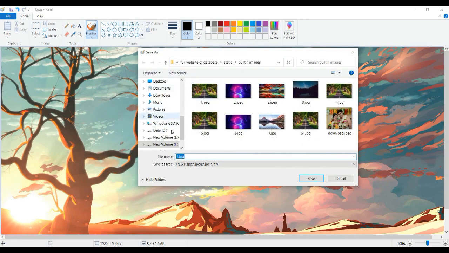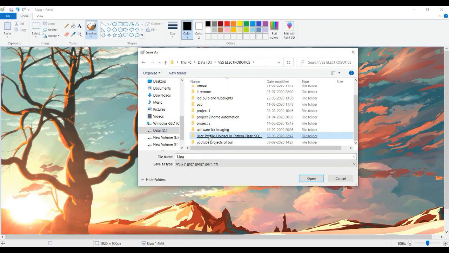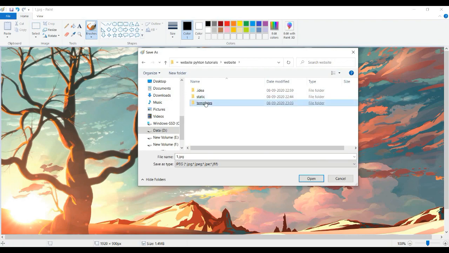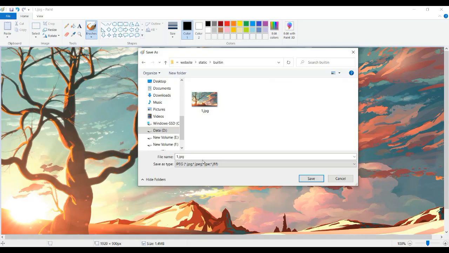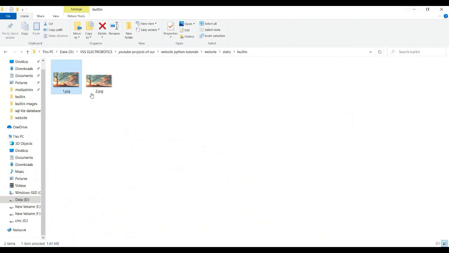Just save it as 2.jpg. Okay, it is saved. Let's go back there. Look at the size here, it changed to 1920 by 900.